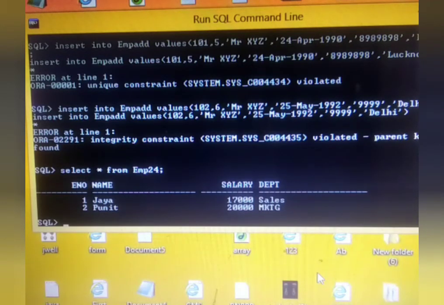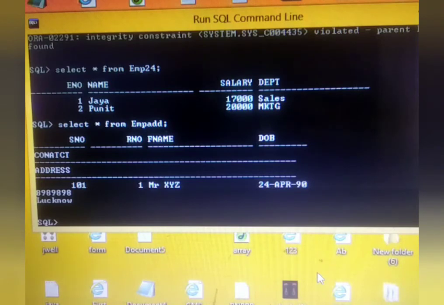Right, and if I look into EMP add, here I have got only one record, and that is having a roll number which is connected to employee number 1 of the previous one. So both of them are matching. And if I delete this record from EMP add, it doesn't affect the record of EMP24.